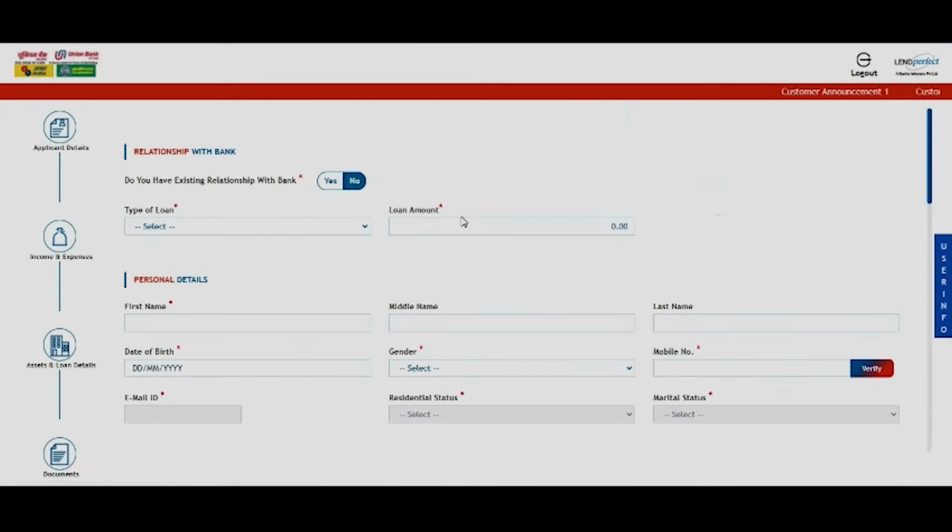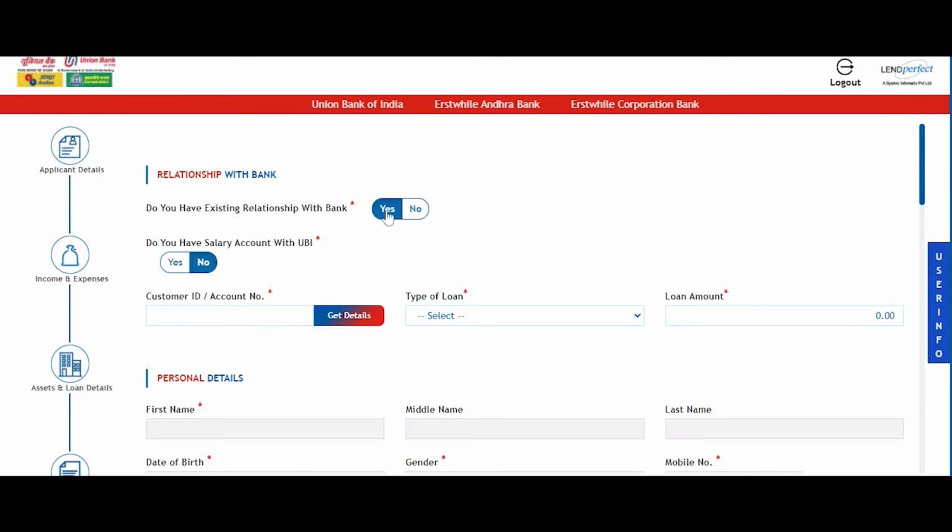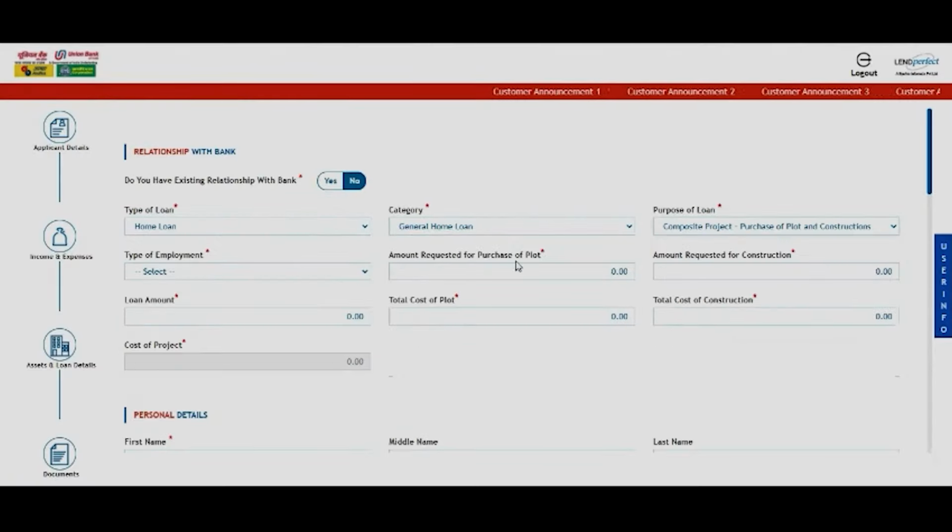Under the Application tab, new customers can start the journey by inputting his or her details. Or, existing customers can enter their customer ID or account number and it will pick the details from CBS. Select the type of loan required